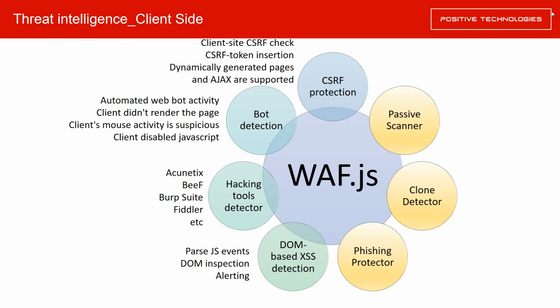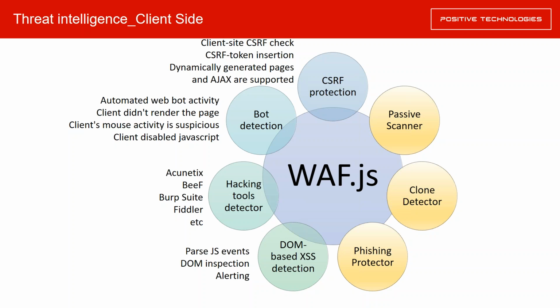Hi, today I'll try and show you one of the unique capabilities of PT's application firewall, and that's client-side analytics. Now, why do you need client-side analytics? This is to detect very deceptive attacks like DOM-based XSS, which is practically impossible to detect on the server side, to detect hacking tools like the generic scanners, Acunetix, AppScan, any kind of attack framework, to detect bots, reflected attacks like client-side CSRF, and many other